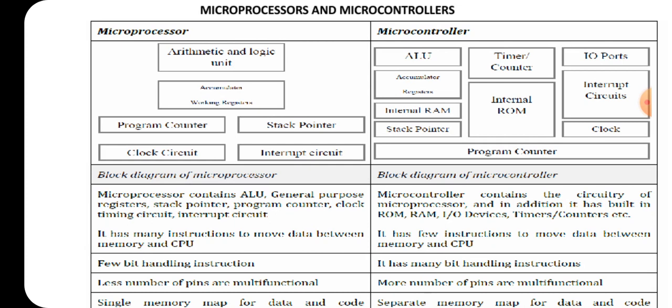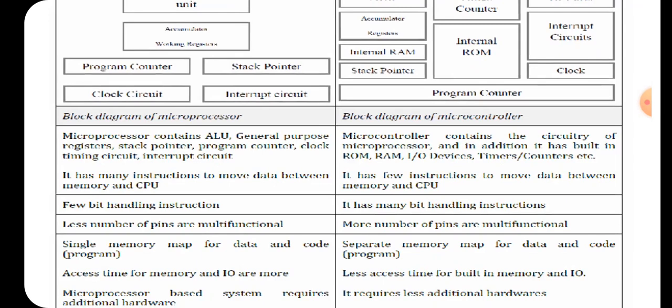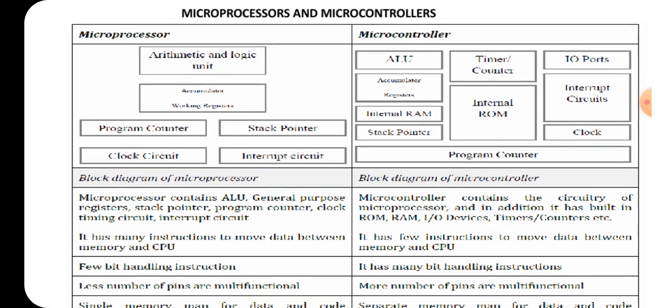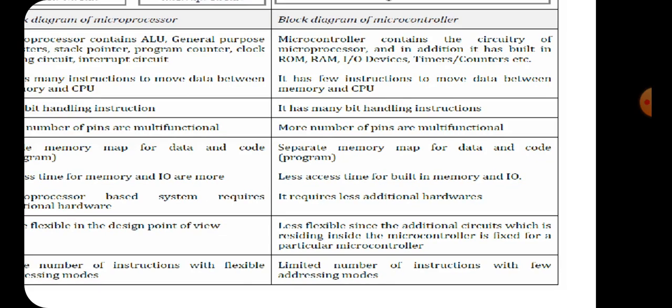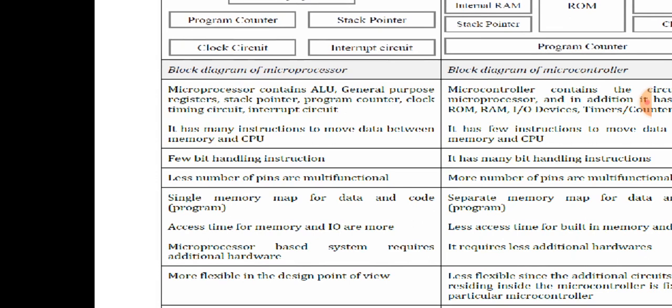Depending upon the type of your microprocessor or the amount of memory connected, if you want to connect external memory, we require some address lines as well as data lines. But in case of your microcontroller, along with your address and data lines, we require some inputs for your timers or counters, or we have the IO port, so some pins are required. So along with the address lines and data lines, a few additional pins are required in a microcontroller.